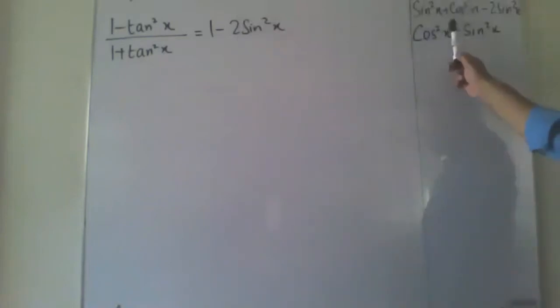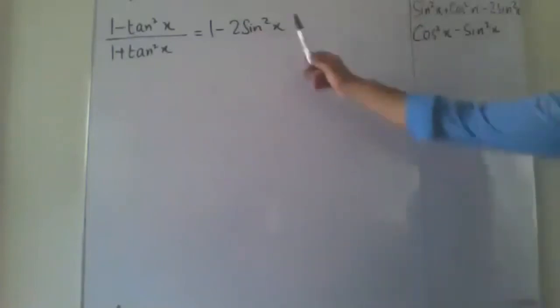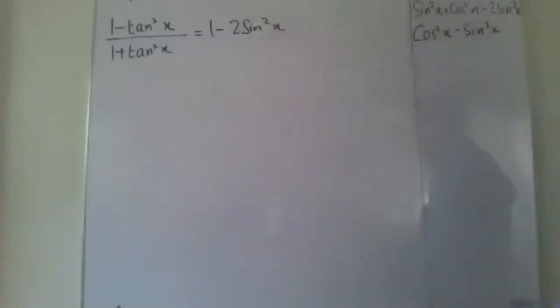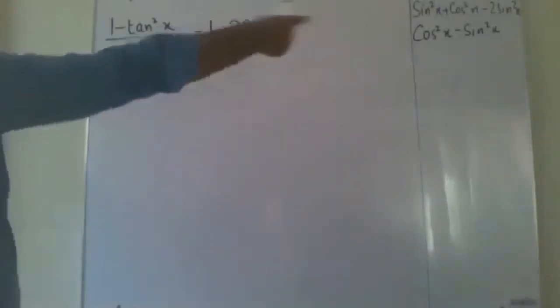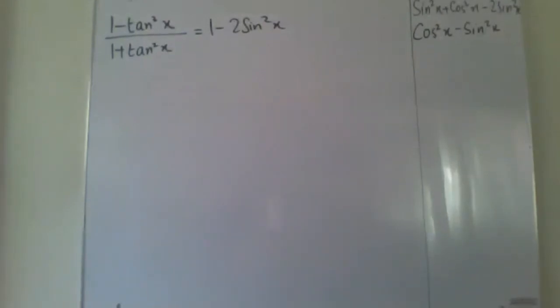If I reach this point, I will know that after this will be my next point, and after this it is simplified. So this is also a way: if you reach any one step, you will get to your answer. So now I am going to start with the left hand side,